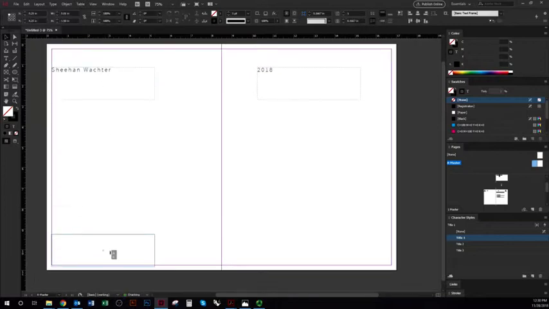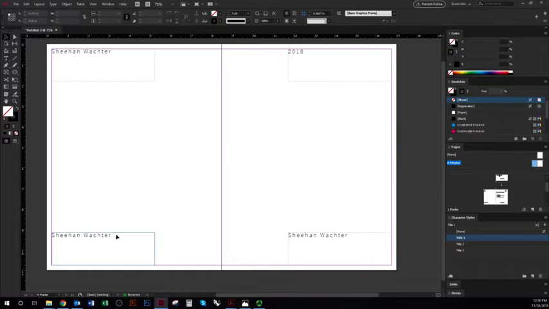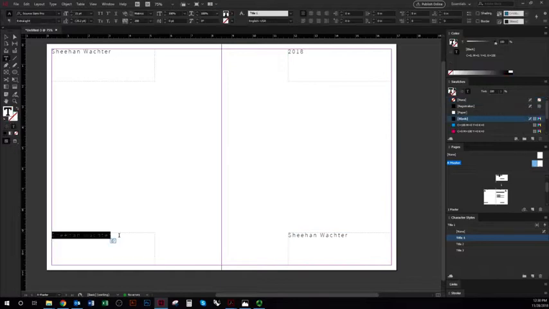And then I also need to show the page number so people can easily navigate. So I'm going to set all these boxes in the top right, top left, bottom right, bottom left. Okay. In order to enter a page number, it's pretty easy. What I'm going to do is enter what's called a text variable. So I'll say page, put a space in, and then I'm going to go up here to the menu, type,